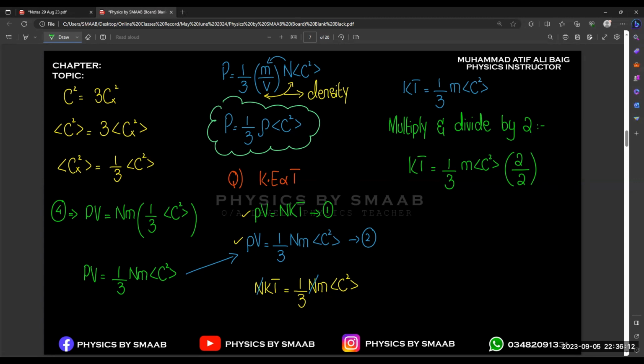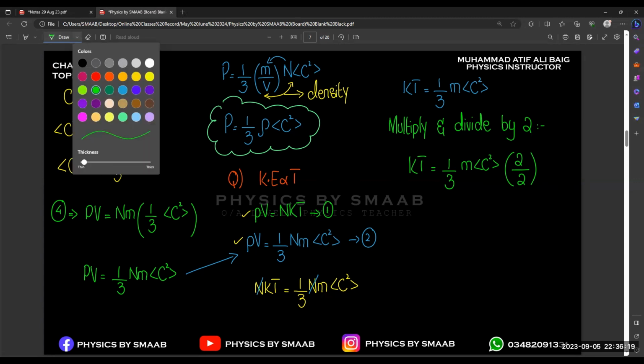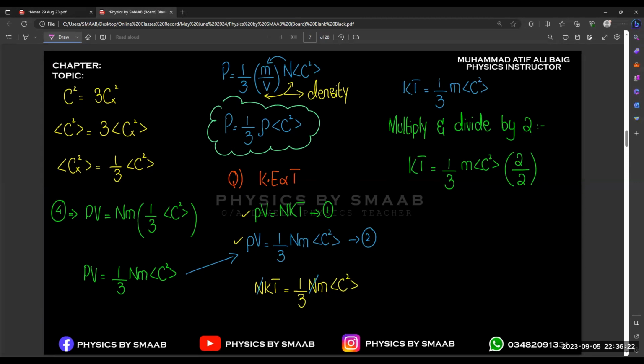So if we multiply and divide by 2, you just need to shift this value 3kT to the other side, like this. Okay. 1 over 2 remains over here, and the second 2 that is multiplied goes in the denominator, and this 3 will shift to the numerator. Okay. And now you can see that